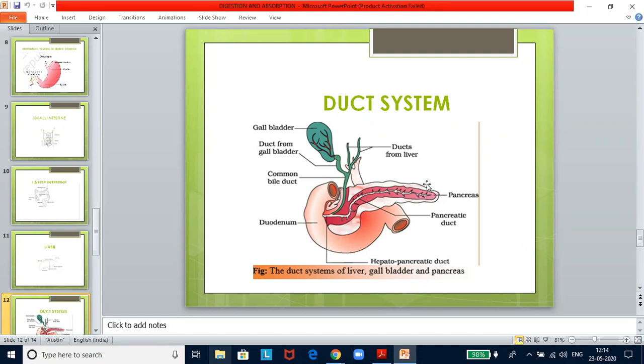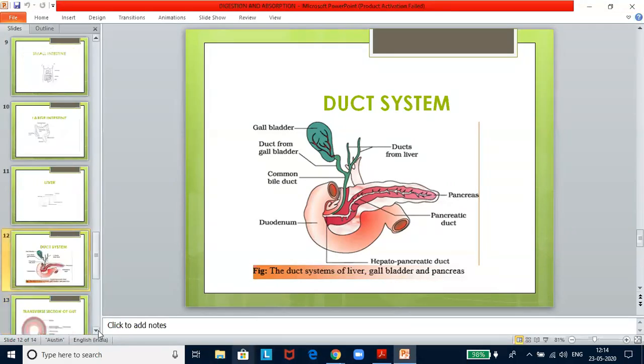Now, gallbladder is the smallest and elongated muscular sac situated below the liver. Pancreas is an elongated gland that is situated near the junction of the stomach and the duodenum. Both the liver and pancreas act as exocrine and endocrine glands, whereas gallbladder acts as a storing organ. Now, this is about what I have given you.